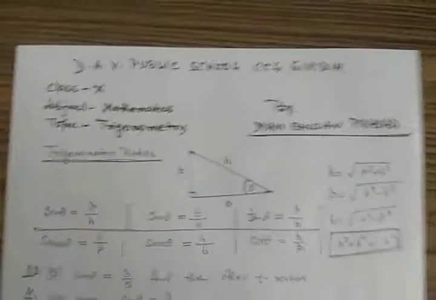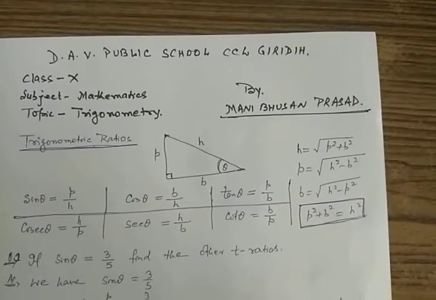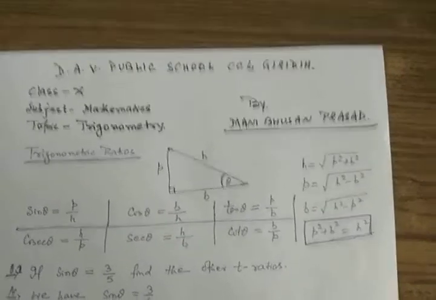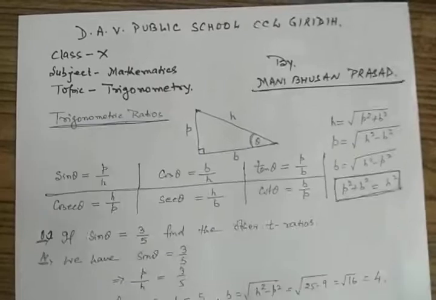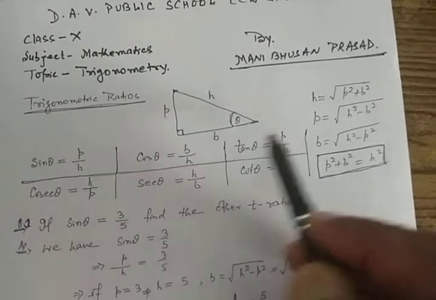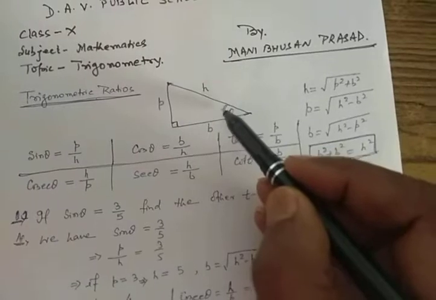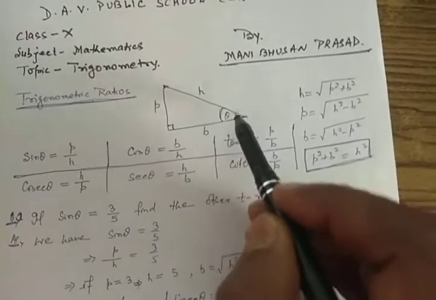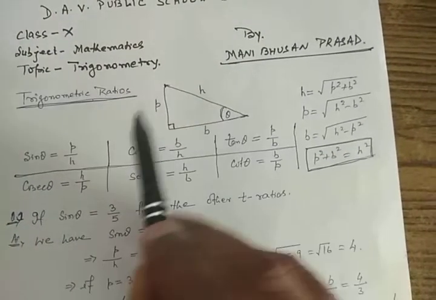Today's topic is trigonometry. Now, I will take the first part, which is called trigonometric ratios. For any right triangle, if you consider this acute angle theta, then for this theta, we say that this